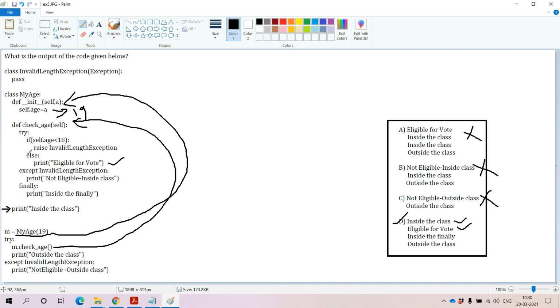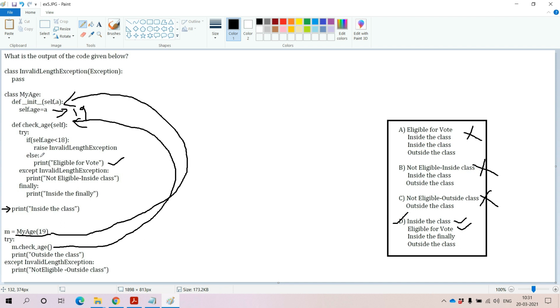After completion of this else block, there is no exception that we are finding with respect to the try block. Due to that reason, the except block will not come into the picture. But along with the try and except block, we have provided one more block, the finally block. Irrespective of the exception that is raised in the try block, the finally block will definitely execute.